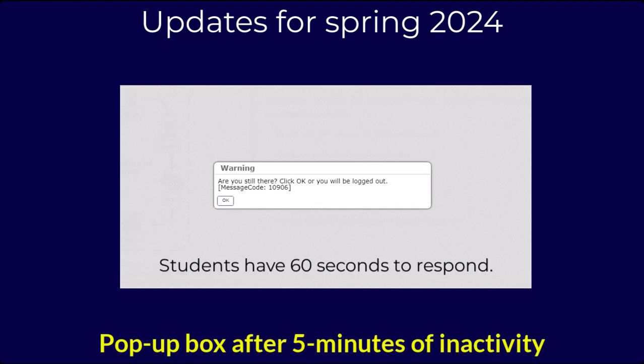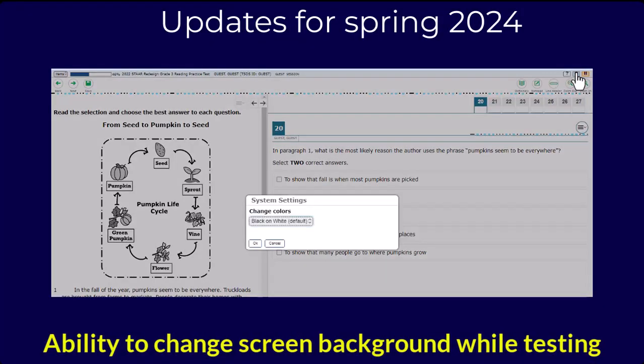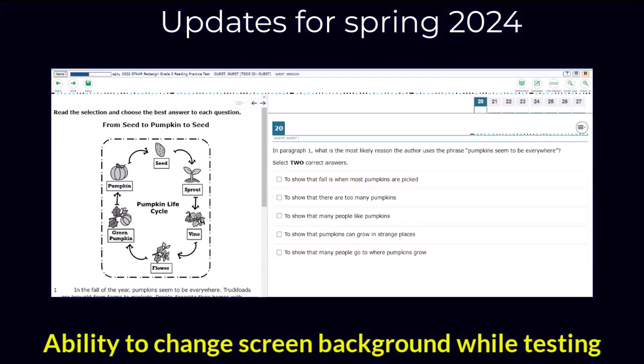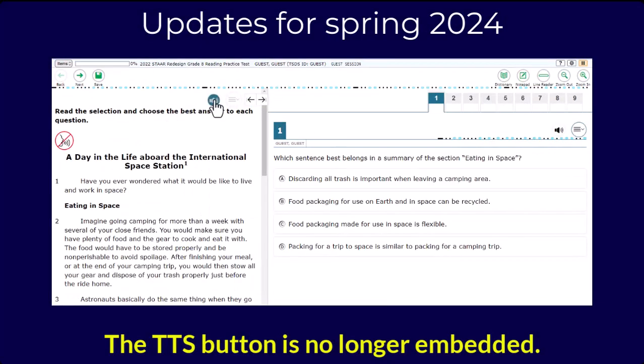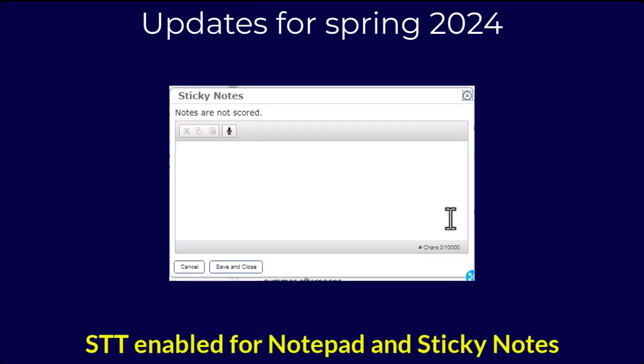It will log them out after 20 minutes of non-activity. Students can modify the colors for the screen background in the Test Settings menu while working on a test question. The Read Aloud button for text-to-speech is displayed near eligible content that can be read aloud and no longer embedded within the context menu. And finally, students who meet eligibility criteria for speech-to-text can dictate their words within the Notepad